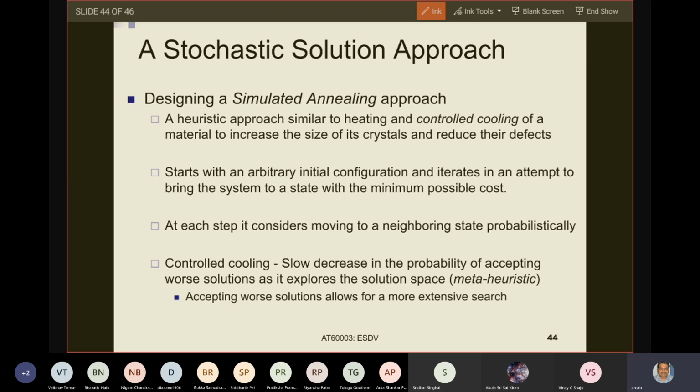So if I go and read this, it is a heuristic approach, and it is similar to the heating and controlled cooling of a material to increase size of its crystals and reduce their defects. It starts with an arbitrary initial configuration and iterates in an attempt to bring the system to a state with the minimum possible cost. At each step, it considers moving to a neighboring state probabilistically, right? Right. So